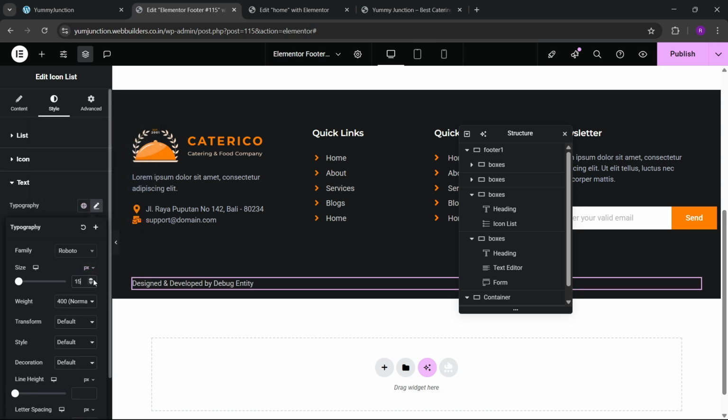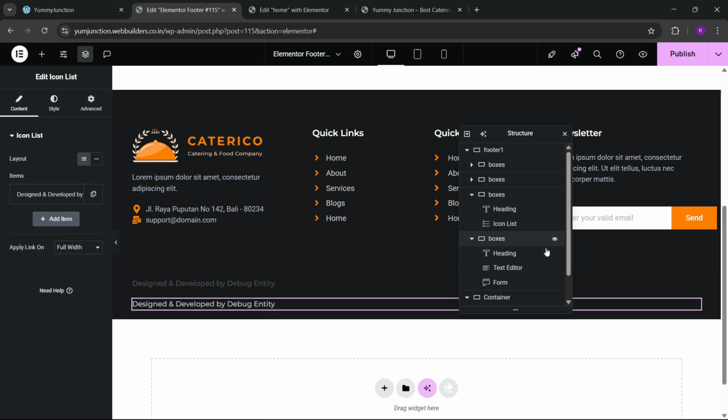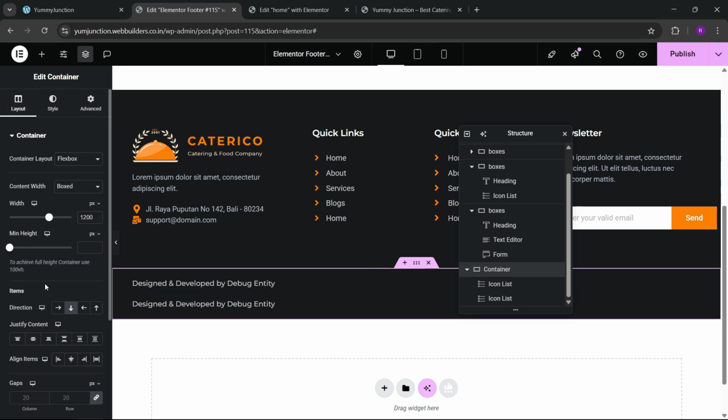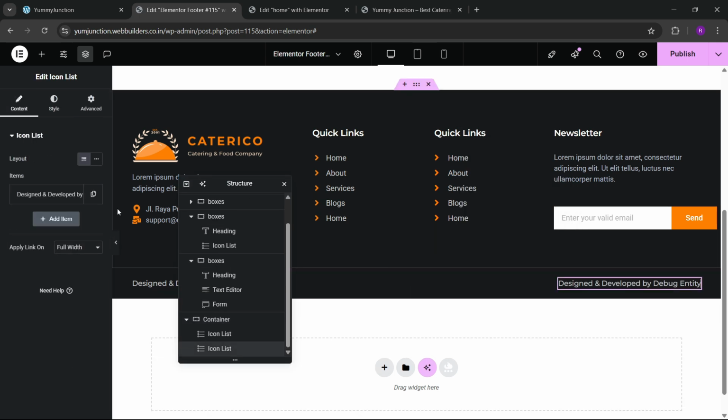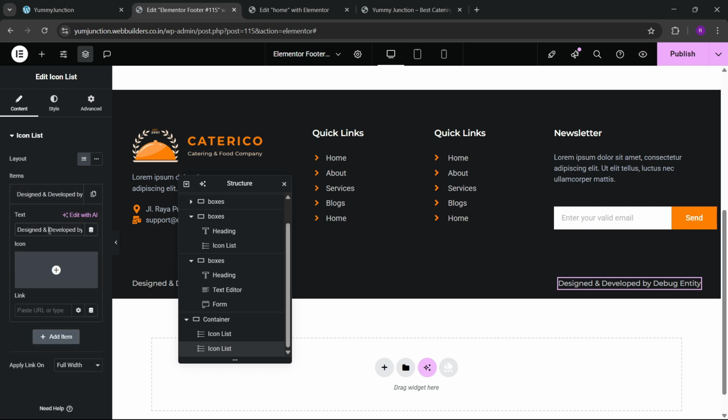And here we can have the font also different, so we want to make this a little bit different. Okay, so this is looking good, and also we can make this icon there. Okay, let's duplicate this, and here we have the main container. Let's make this like this. Okay, here we can write